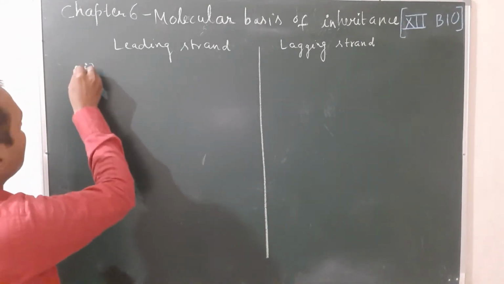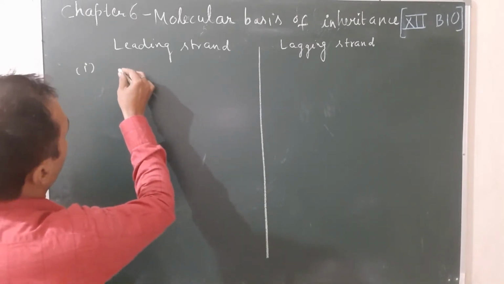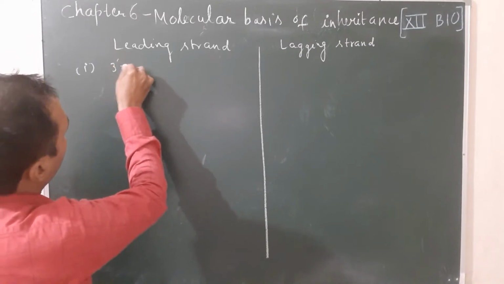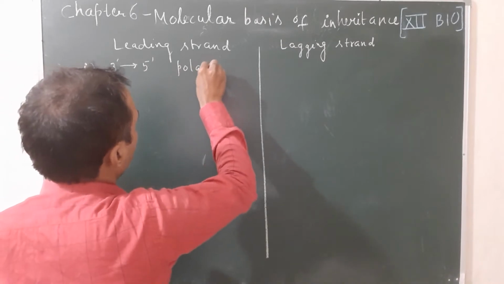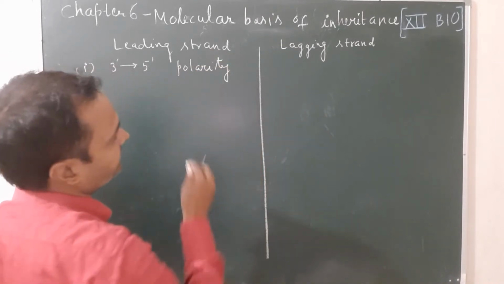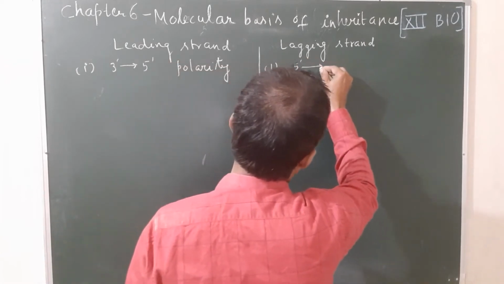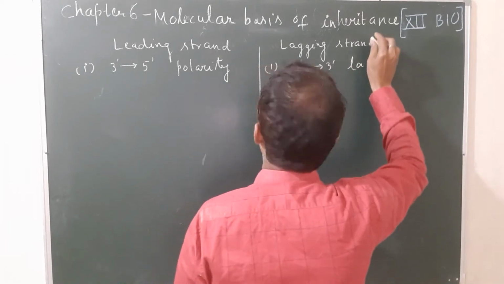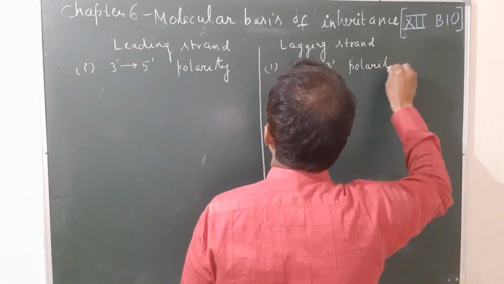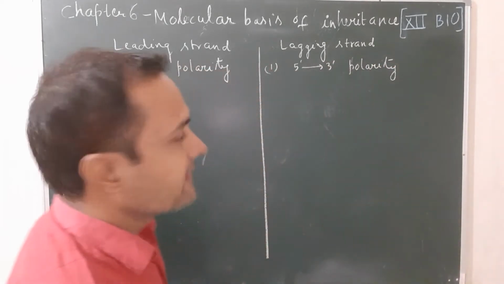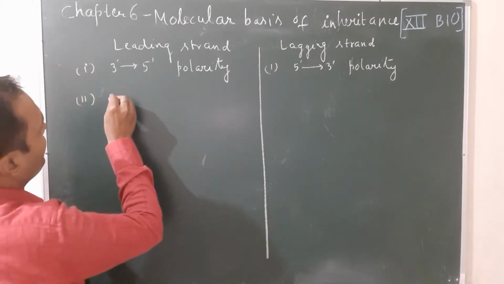When you see the replication part, you will find that the strands of DNA have polarity 3 to 5. So the leading strand has polarity 3 prime to 5 prime, and the strand of DNA having polarity 5 prime to 3 prime is known as lagging strand. Second difference: the leading strand requires only one RNA primer